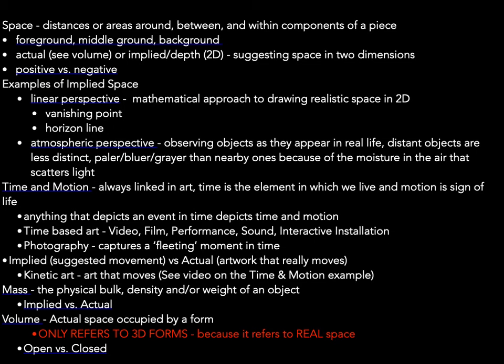Okay, so we have just a few more of these to go through. The next element is space. Space can be discussed in more than one way, so it's important to understand the different ways that you might discuss space. You can describe it from a two-dimensional perspective in terms of its foreground, middle ground, and